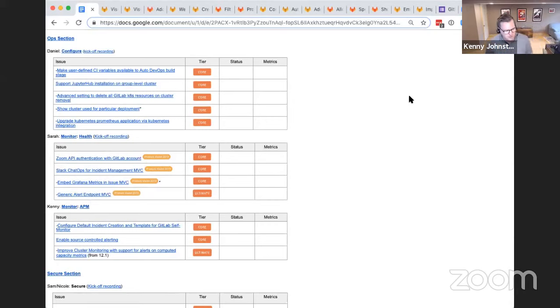There are a couple of just thematic ongoing improvements that we've been making. A big portion of configure is our Kubernetes management capability. You can attach a Kubernetes cluster, and over the last series of releases, we've enabled you to attach that cluster at different levels, from the project to the group to your entire instance. We've also been adding support for different applications being installed at those various levels. So this last release, we worked on Prometheus. This release, we're going to be working on Jupyter Hub being installed at the group level.